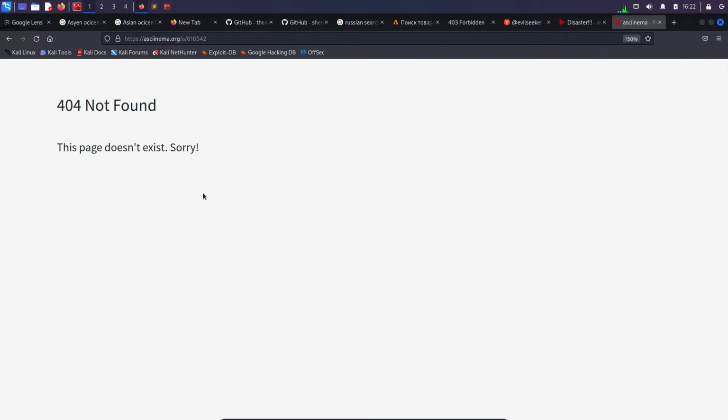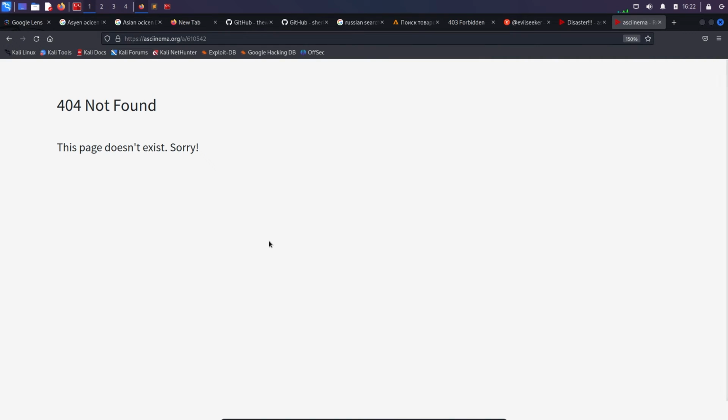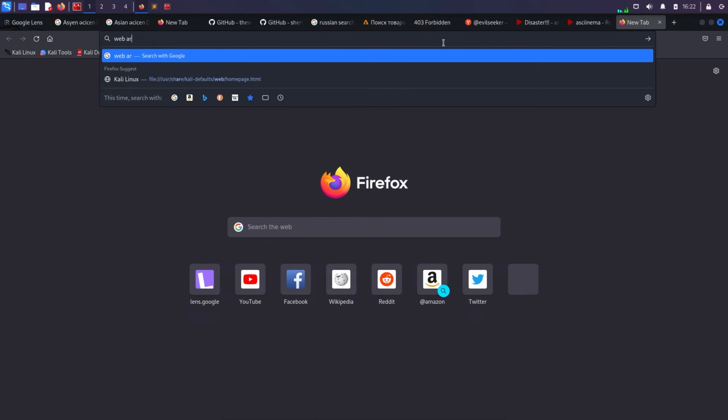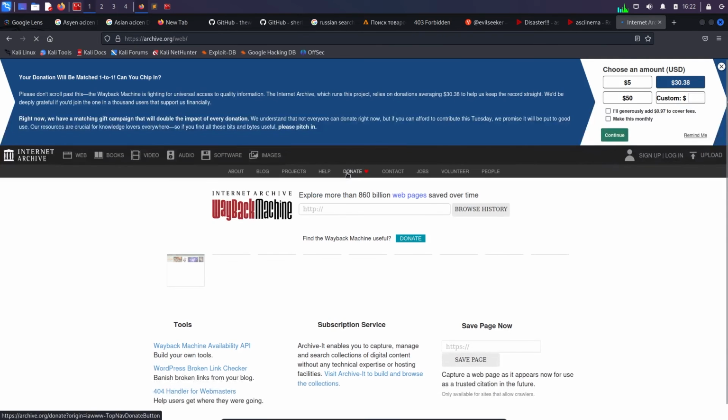And again, a lot of research and a lot of experience is required over here. It says this site is not found. So while we are doing bug bounties, whenever we find pages which do not exist, we try to find out whether those pages existed once, right? So what we can try to do is go to the web archive, archive.org, and I can try to see whether that website existed before somewhere. So if I paste that link over here, browse history,